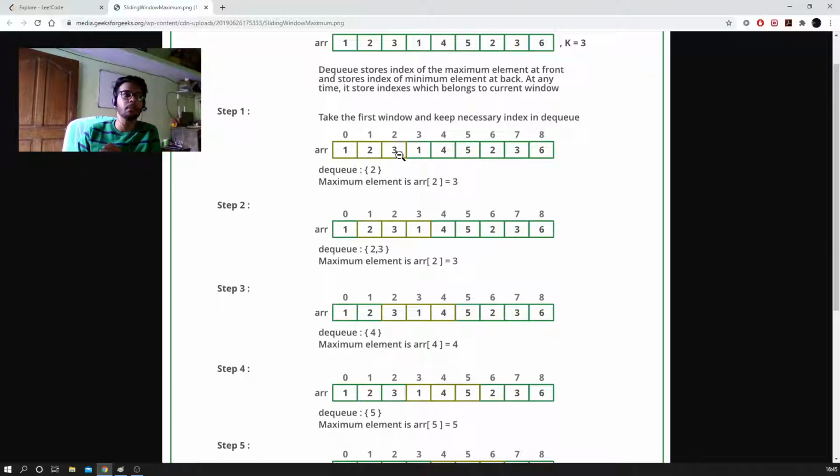3 would be maximum for this array also and for this window also, but we need to keep track of this 1 also, because when we shift to the next, it might just happen that this is equal to 2 and these two are 1 and 1. So if we neglect this 2 at the third index just because it is less than 3, we might miss that the fourth index and the fifth index might have some elements which are less than these two.